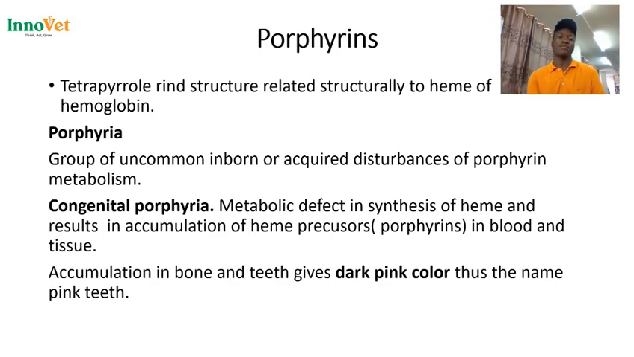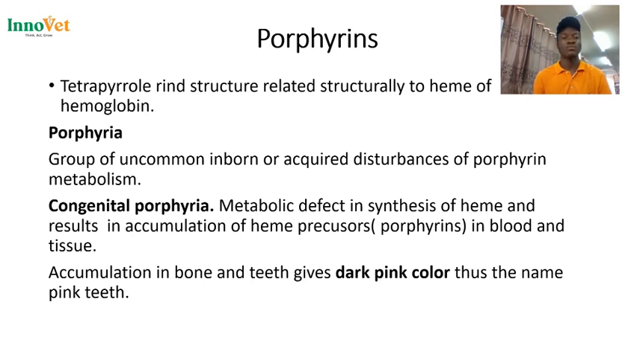Then the next pigment is porphyrins. These ones we say that they have a tetrapyrrole ring structure, related structurally to heme of hemoglobin. So they resemble heme, the way you can see the structure of heme is the same way they resemble. So now the condition in which there is accumulation of these porphyrin